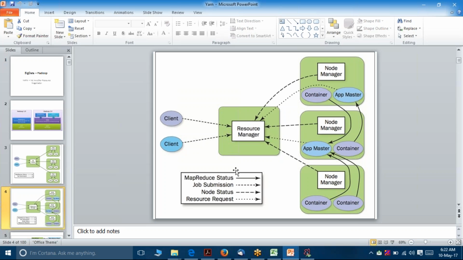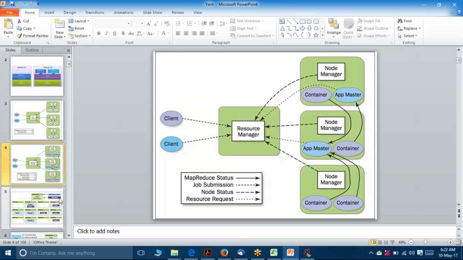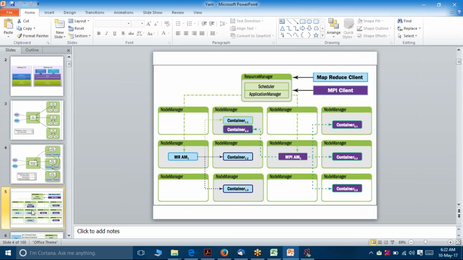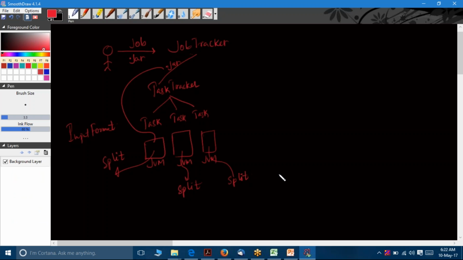I can make use of MapReduce or other distributed computing techniques to process the data. So when I submit the job to the resource manager, it just allocates the resources to me for its smoother execution. That's it. Using those resources, you run a MapReduce job or you run some other job, doesn't make any difference. You see here, a MapReduce client submits the job, an MPI client